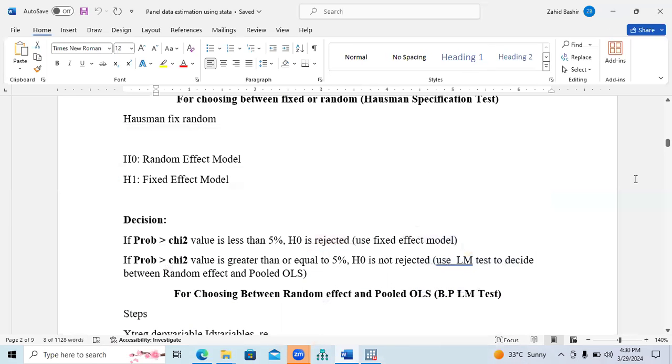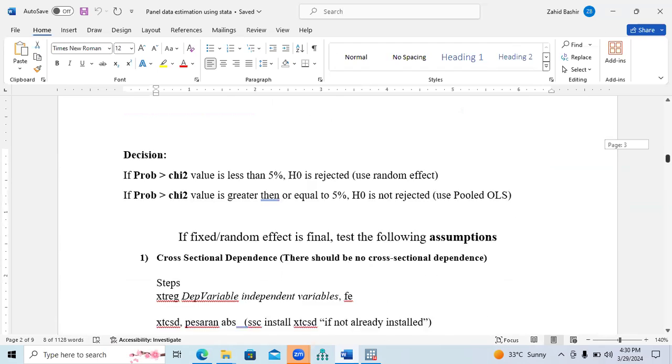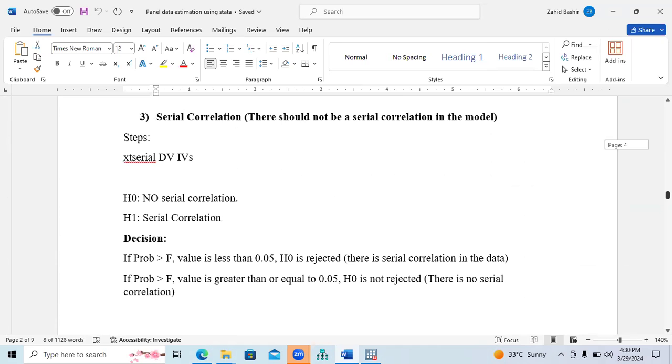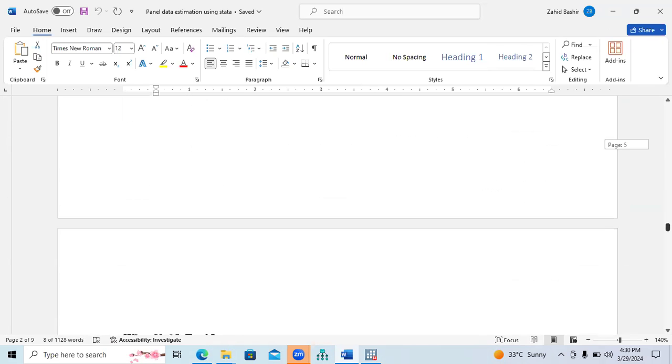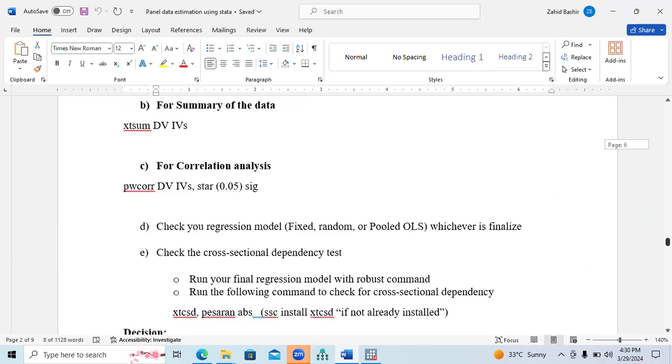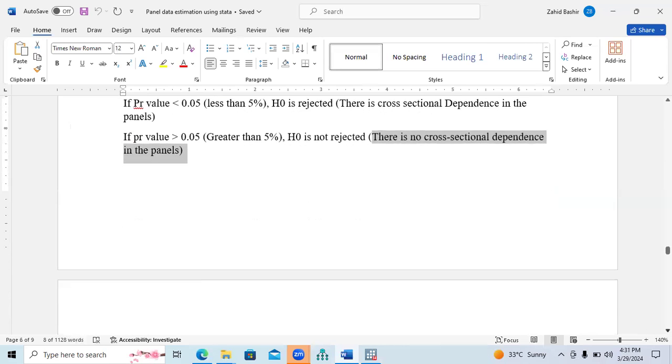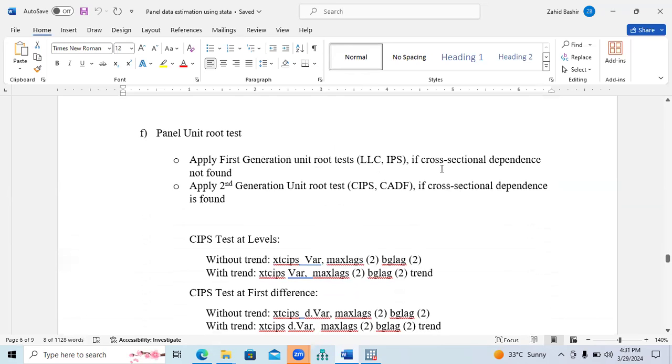So I was discussing that you need to understand the next procedure. Next, we need to test the first generation unit root testing. So in order to apply this criteria, we have run this command. Our first condition is fulfilled. Our second condition is fulfilled because the PR value is greater than 5%. So there is no cross-sectional dependence. So if we find no cross-sectional dependence, then we need to apply the first generation unit root test like LLC